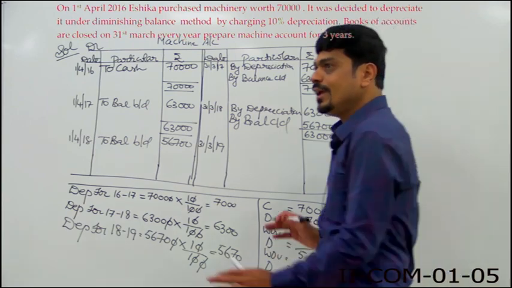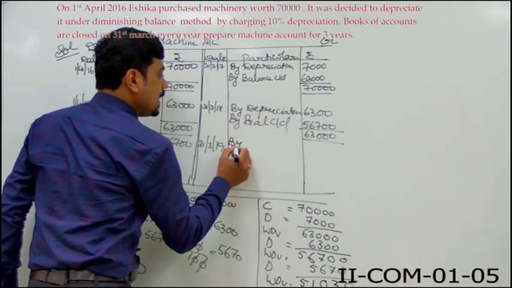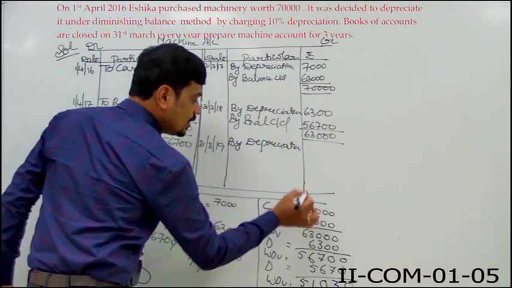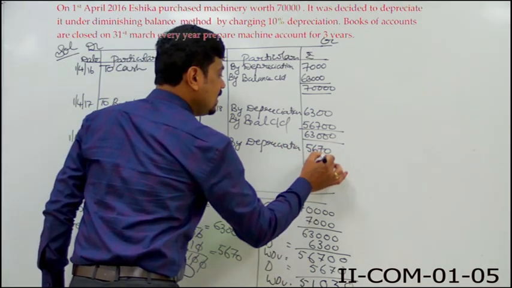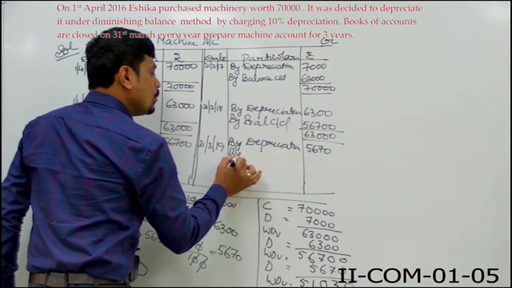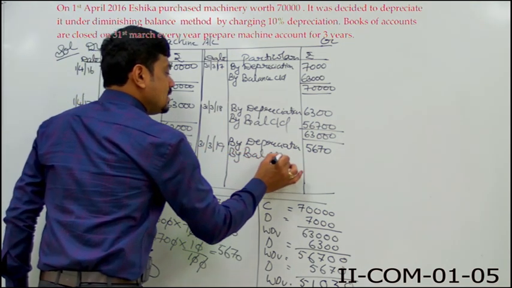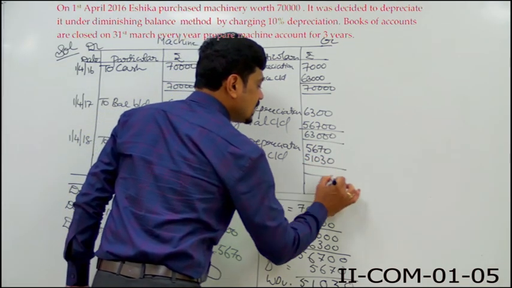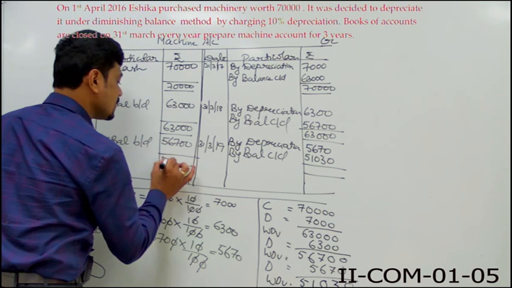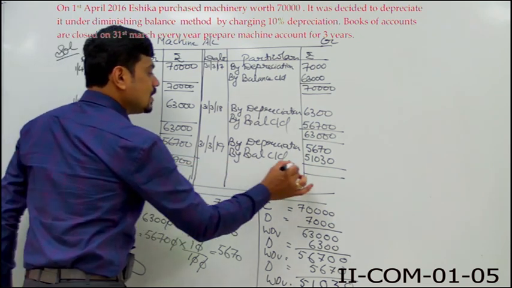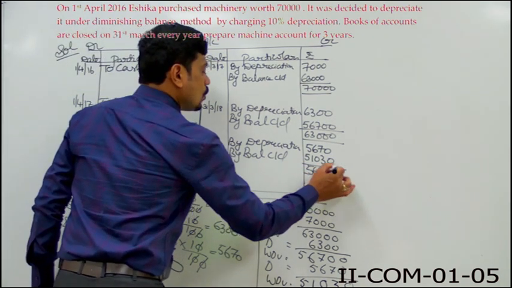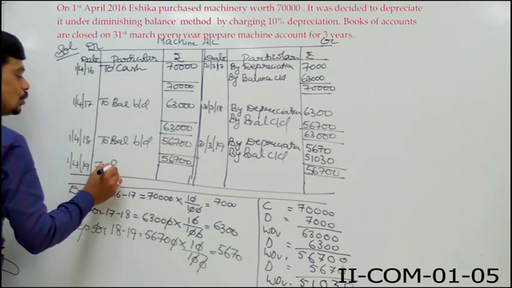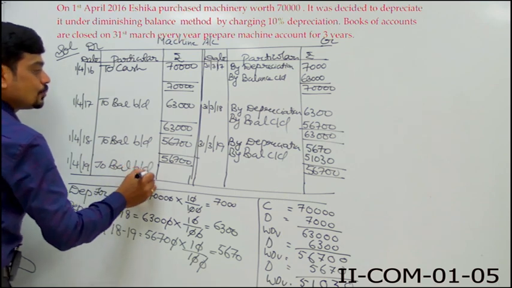51,030. Okay. So by depreciation, how much I'll write? I'll write 5,670. Balance. How much is the balance? Balance is 51,030. Written down value I got of 3 years. I'll leave the answer in which year? 4th year. So come to 4th year, 1st April 2019. To balance brought down